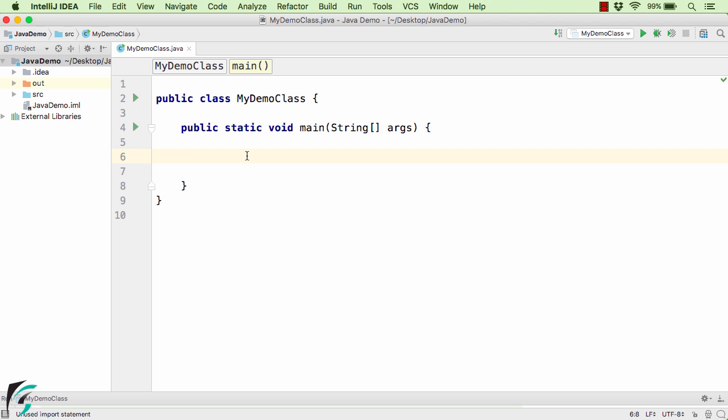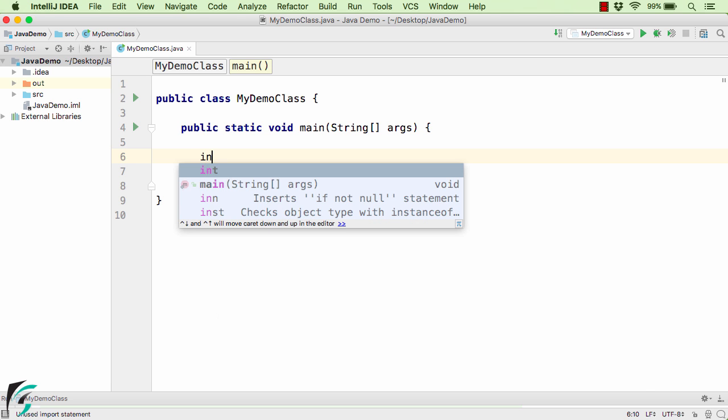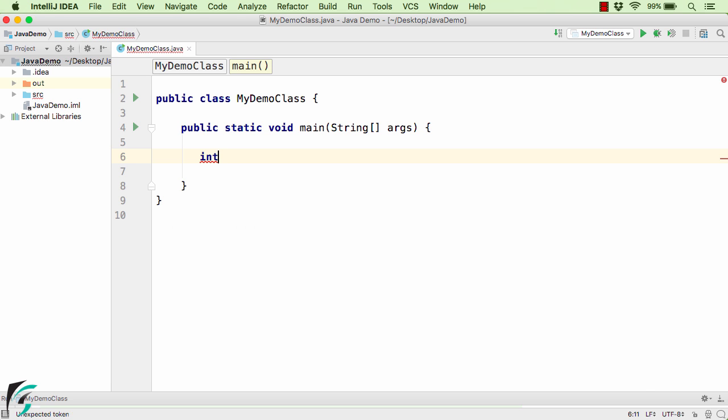So again, inside the IntelliJ IDE, let me first show you how can we initialize the array in Java. For that, let us define the int data type followed by square bracket open and close, and then give it a space and define the variable name. Let's say my first set equal to curly bracket open and close. And now as a content, let us define 1, 4, 12, let's say 47, and so on. If you want, you can give more values.